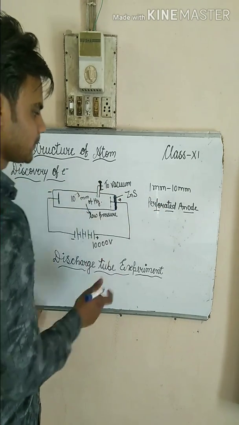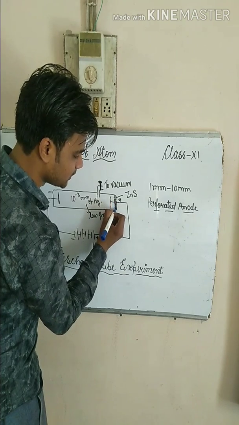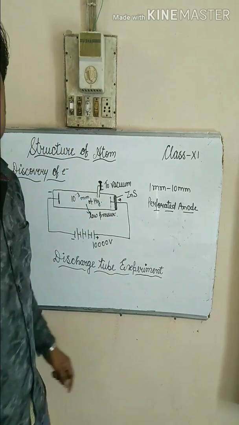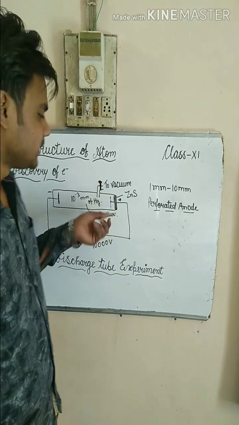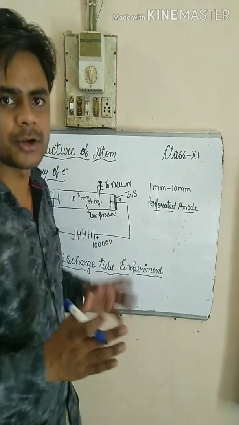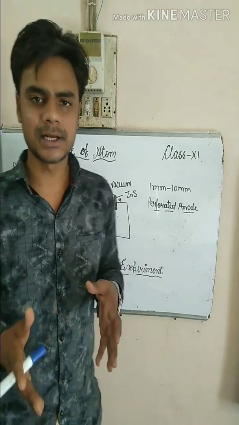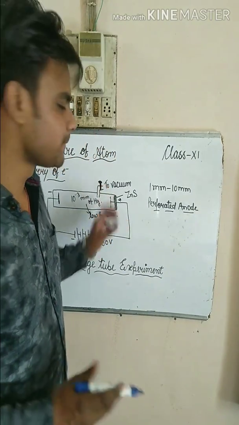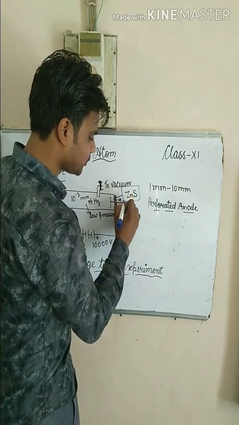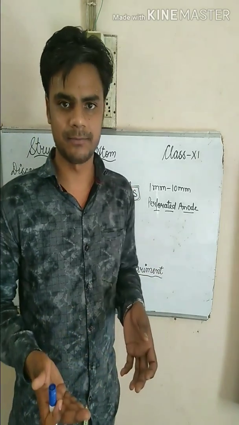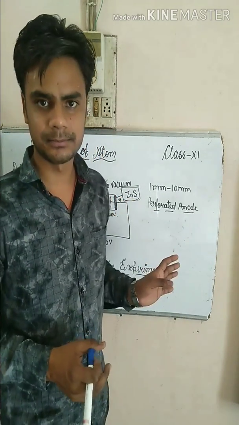After this electrode, at the back of the anode, some fluorescence material has been placed or polished. Now this fluorescence material is greenish yellow in color. You all have seen it in the cathode tube of the television. One of the fluorescence materials that was used by J.J. Thomson in his experiment is zinc sulfide. It is only greenish yellow in color.